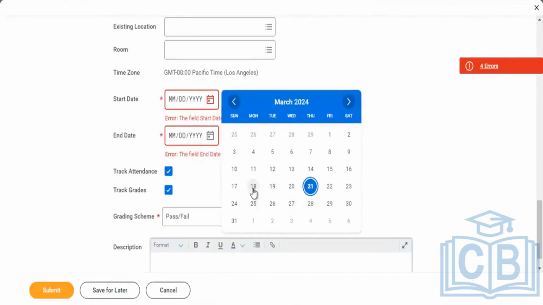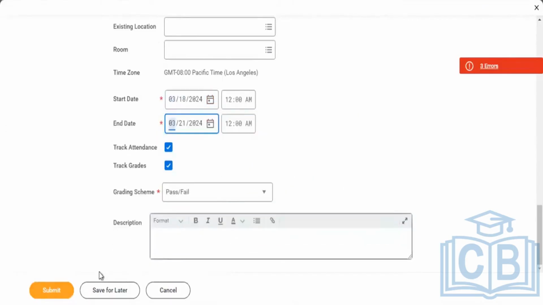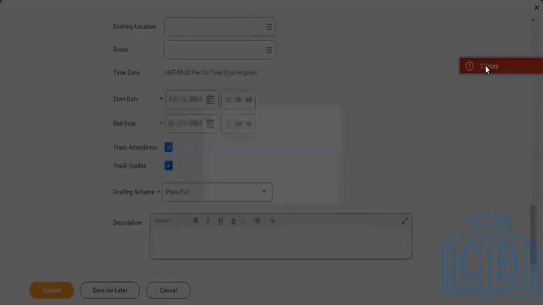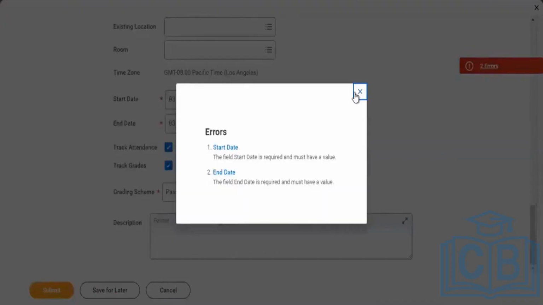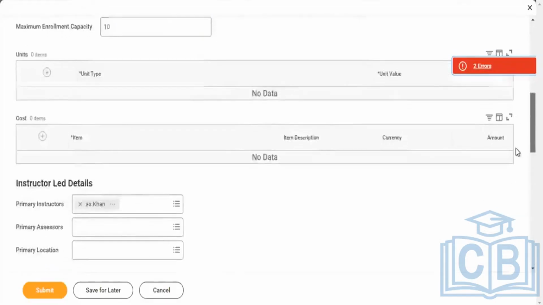It's somewhere around the state we have given. We have given the start date and end date. Anywhere else we have?